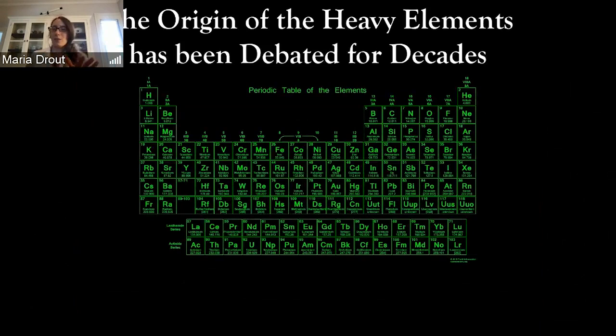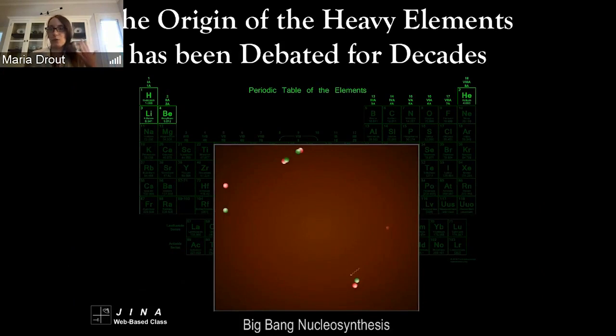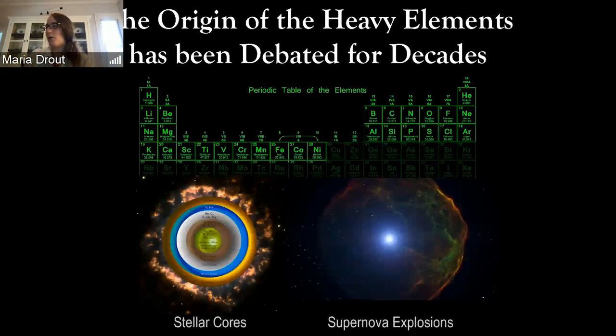So here is the periodic table. When I say there's this debate at the heavy end, what am I talking about here? Which elements am I actually describing? Well, it turns out that we're pretty sure that the hydrogen and the helium in the universe, even things like most of the lithium and the beryllium, were actually formed in the Big Bang itself, when the universe was just a soup of primordial particles that were cooling over time. We also are pretty sure that things up to what we call the iron peak, so things like iron, cobalt, and nickel, are formed either in normal stellar cores or, most commonly, in supernova explosions.